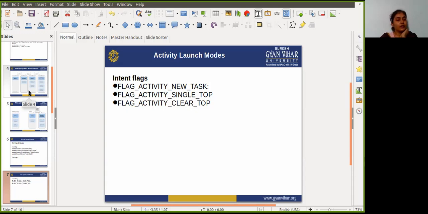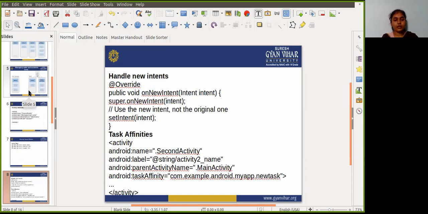You can see the Intent class for more information about the intent flags. Another point is how to handle a new intent. When the Android system routes an intent to an existing activity instance, the system calls the onNewIntent callback method, just before the onResume method.